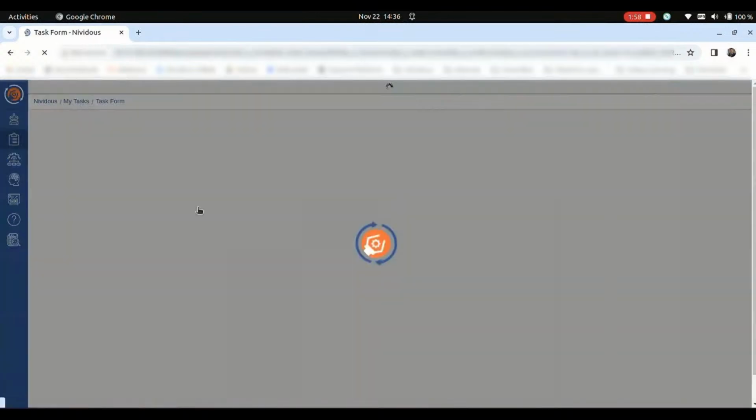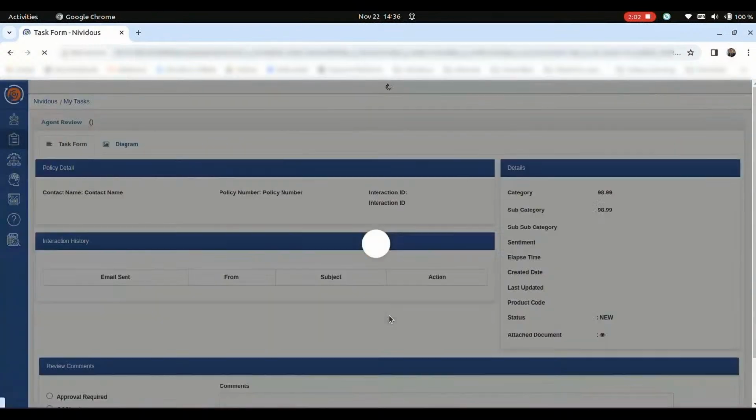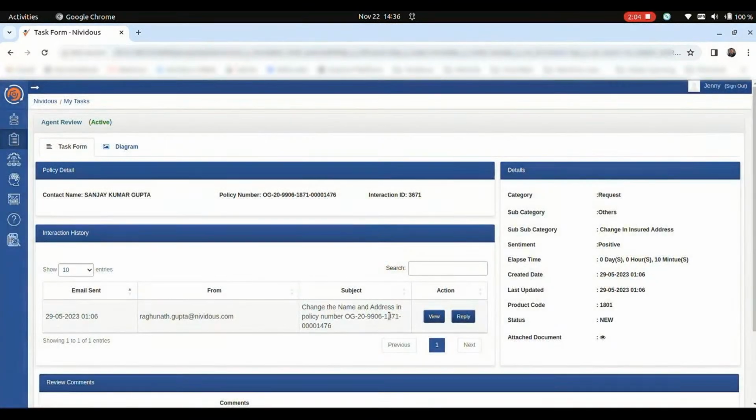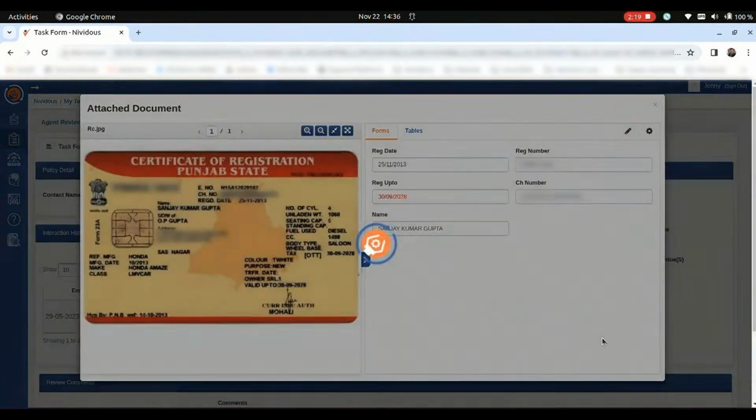So in this case, there's an agent review task, and Jenny's going to complete that. And so she has all the information that she needs at her fingertips through our control center to determine what she wants to do with this particular request. Now, again, she can look at the email itself. She can look at the attachment that was part of that email.